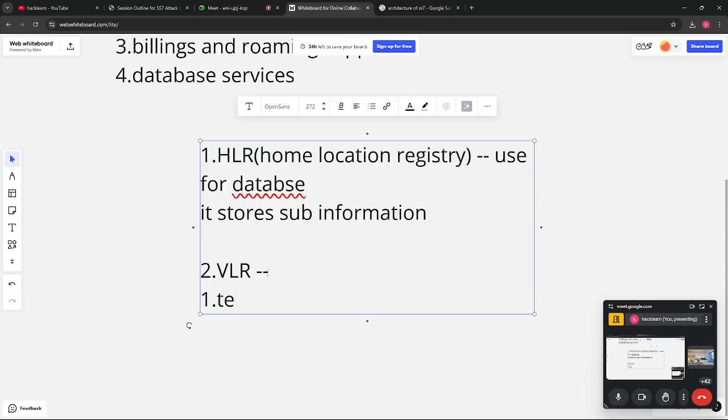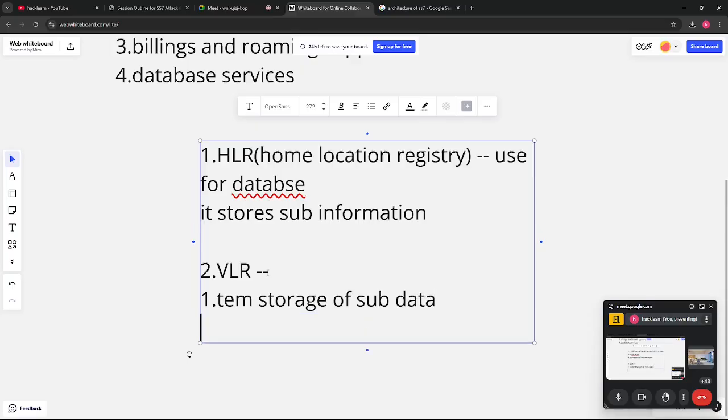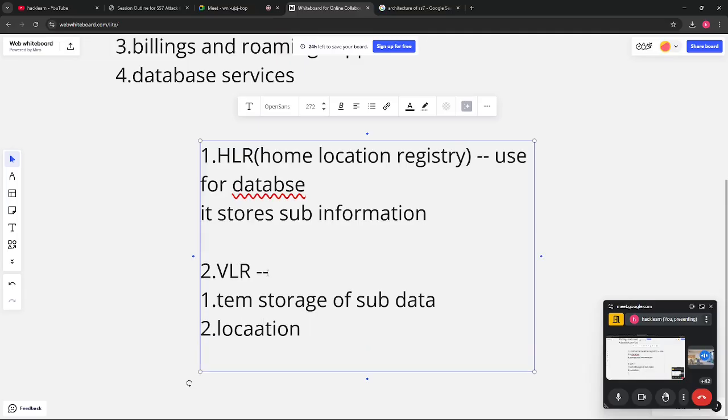First is temporary storage of subscriber data, and then it is also responsible for location updates. Whenever a subscriber moves to a new location, the VLR updates the database.